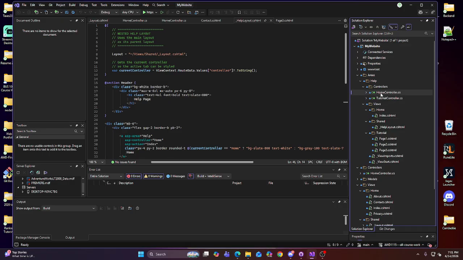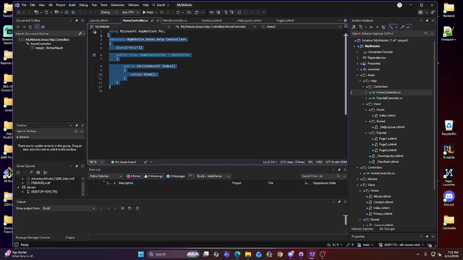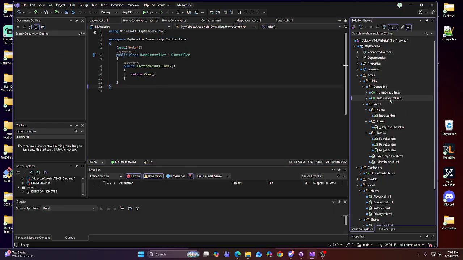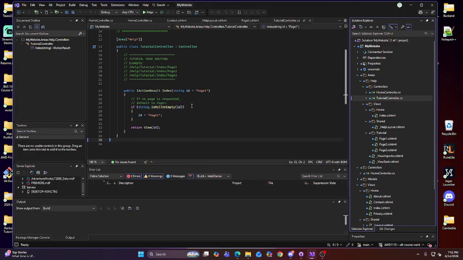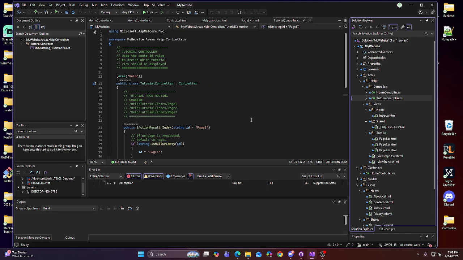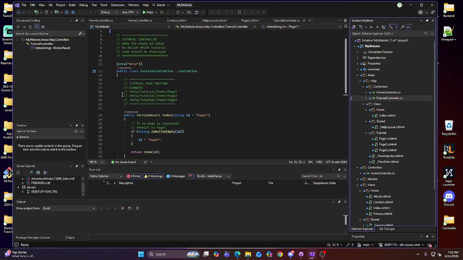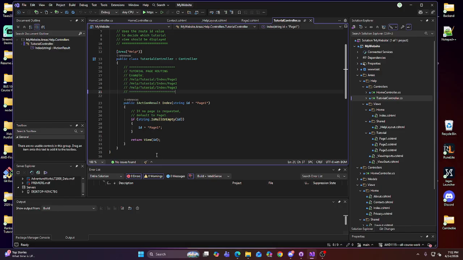So let's go through some of these. Home controller, let's at least pop up one of these. So we've got our help. And it just looks a lot cleaner. We've got little lines of code. These are our routing examples. Layouts and navigation,